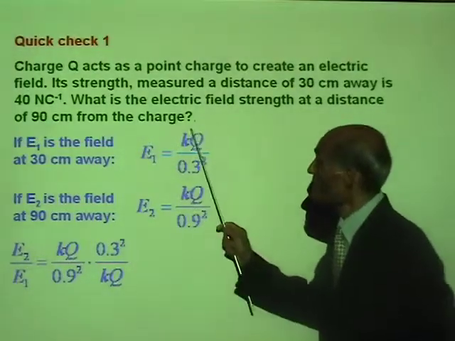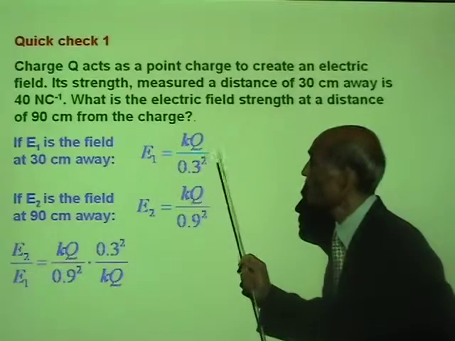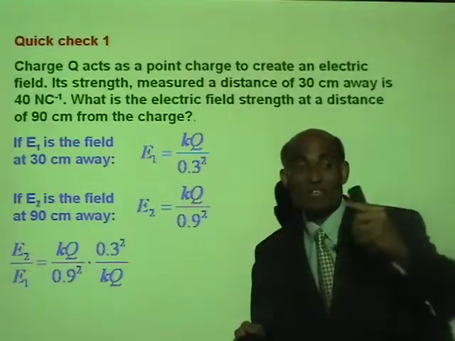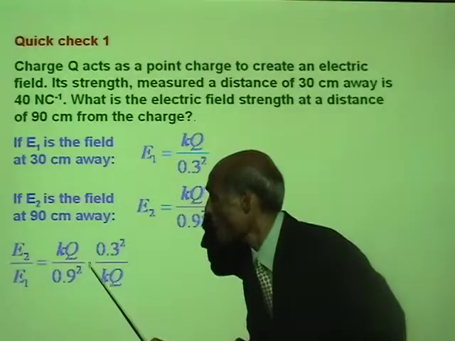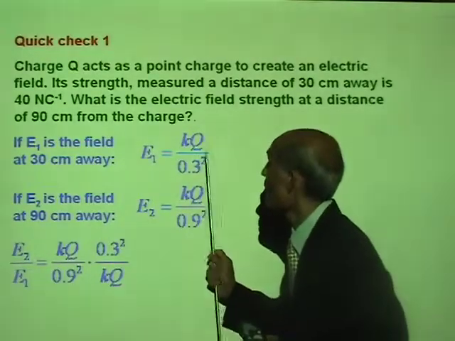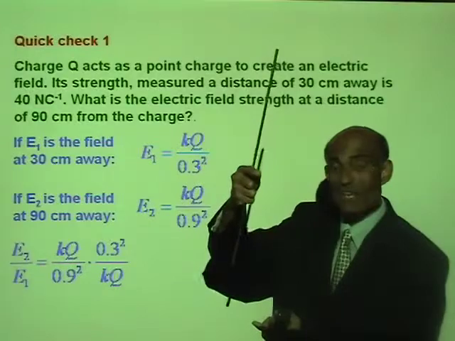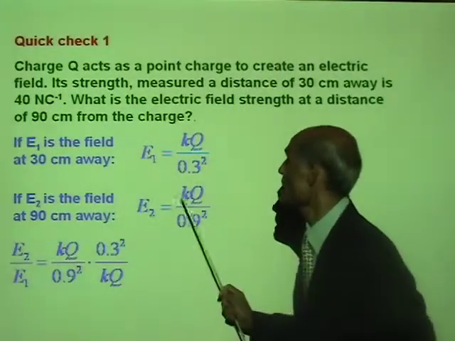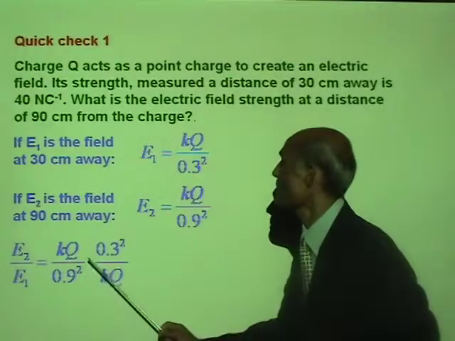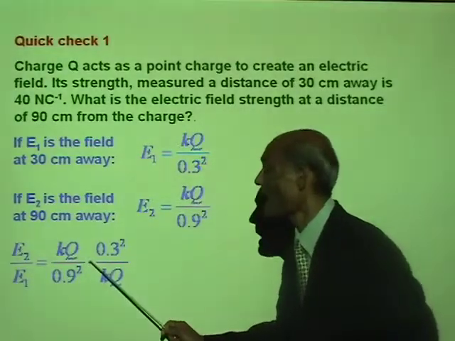Now remember, dividing by a fraction is the same as inverting and multiplying. So instead of dividing I multiplied by the inverse. So E2 divided by E1 equals KQ divided by 0.9 squared times